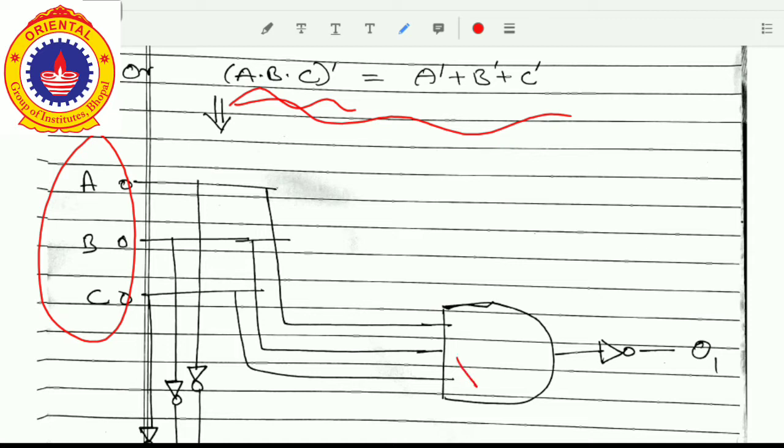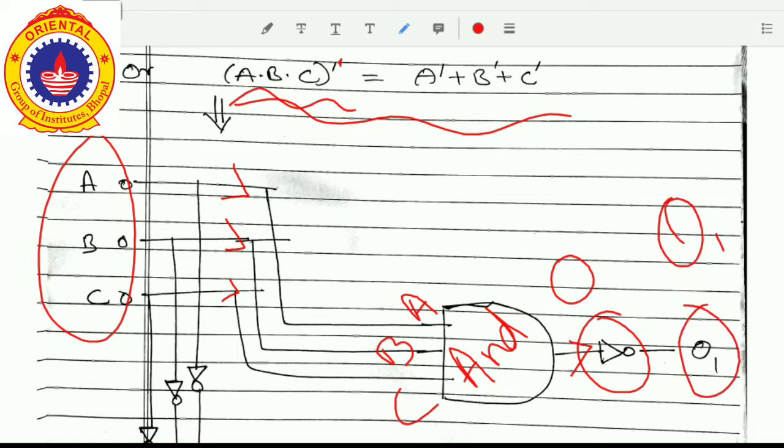Here you can see an AND gate. To the AND gate we have simply given the three inputs A, B and C, and we get one output, let's say O. We give this output to the NOT gate, because we have to complement the whole thing, and we know that complementing is done by the NOT gate. So for complementing I have used the NOT gate, and we have got the first output, O1. This is the first final output, which is the output of the left-hand side of this equation.